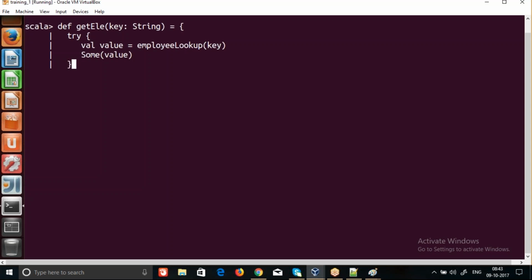But if I get an exception, I need to catch that exception. We catch it with multiple cases. Case e is of the type